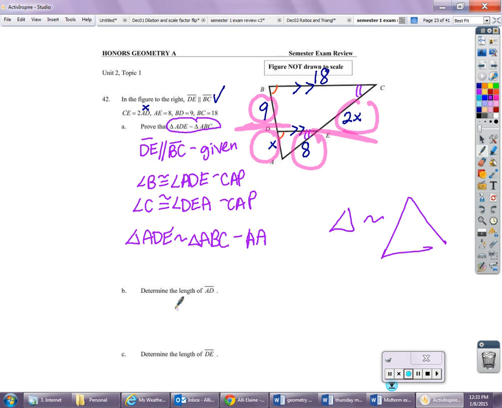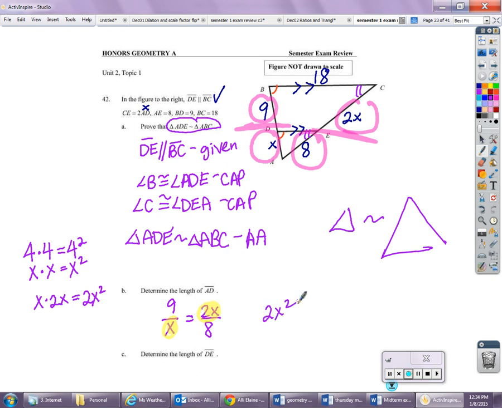So I'm just going to write that 9 over x equals 2x over 8. So side over side equals side over side, and cross multiply. So you have this diagonal right here, x times 2x. So x times 2x equals, well, you know that, for example, 4 times 4 equals 16, or 4 squared. So x times x equals x squared. So x times 2x equals 2x squared. That's kind of a tricky problem. And then 9 times 8